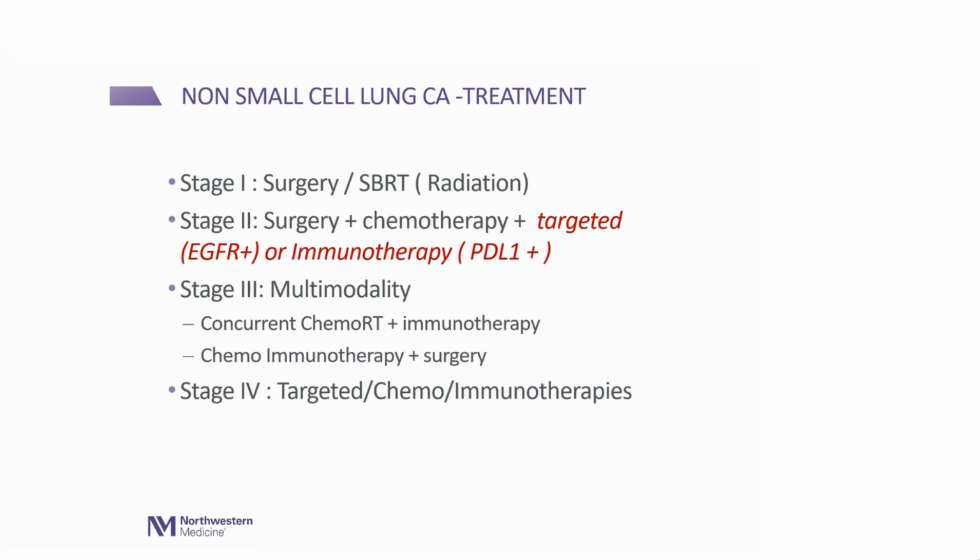I really like this slide because I think it pretty much summarizes everything I want to tell my patients about the types of treatments and stages. The earlier the stage of cancer, the higher the chances of cure. So stage 1, very curable. Surgery offers the best chance of cure. So we always send the patient to our lung surgeon, who will then do surgery.